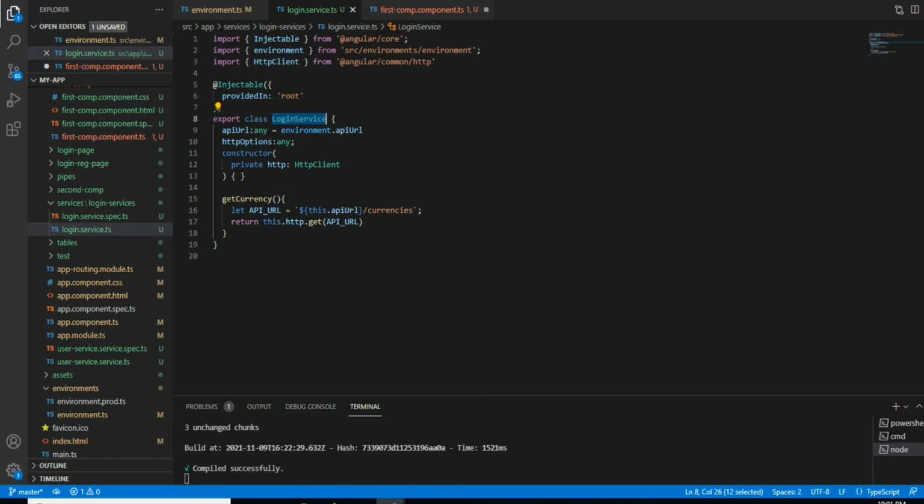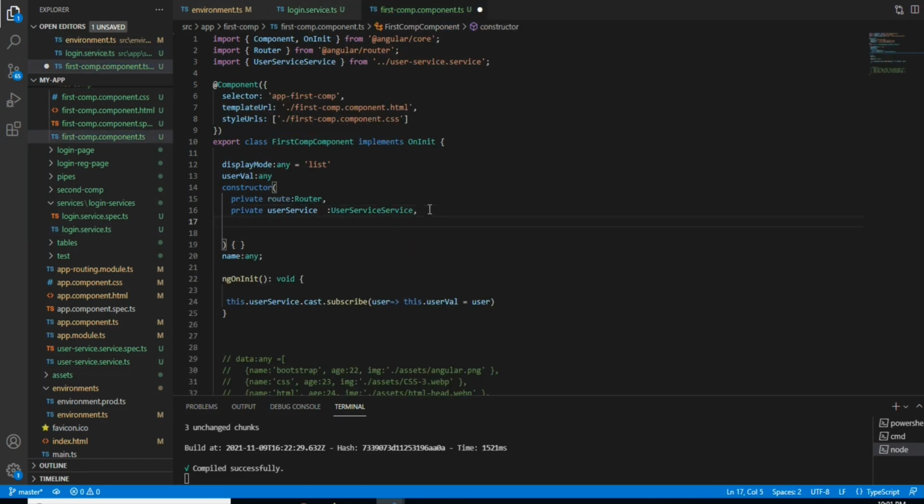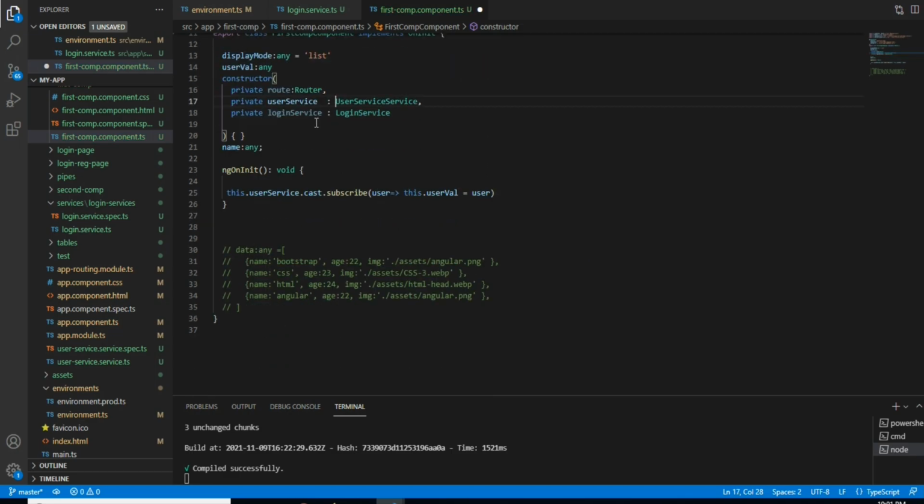This is the easiest method: you just need to click and import it. That's it.